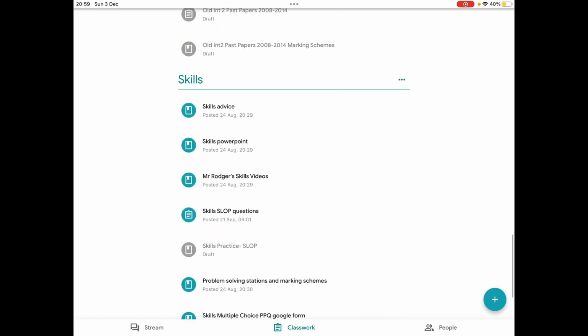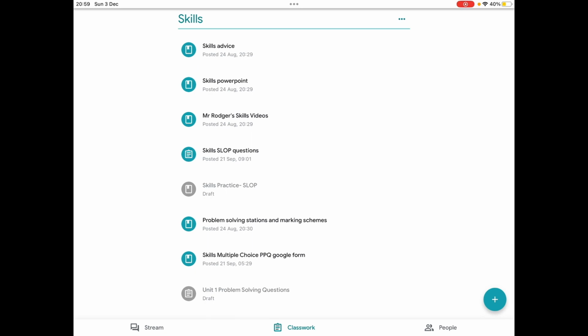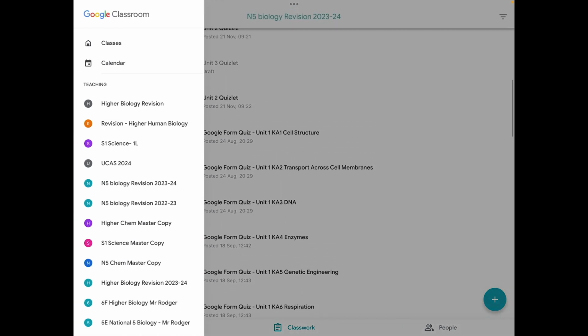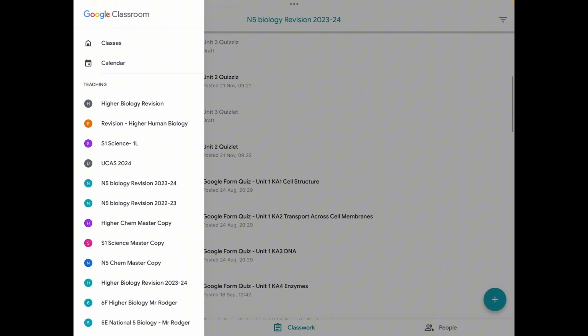Okay, and we've got lots of other bits and bobs there you can see. Skills is a bit different, and we'll do a video later on in skills, so don't want to dwell too long on that, but as you can see there's parts of this which involve teaching you how to do the skills, and there's lots of example questions as well. Let's go on now and look at the Higher Biology revision